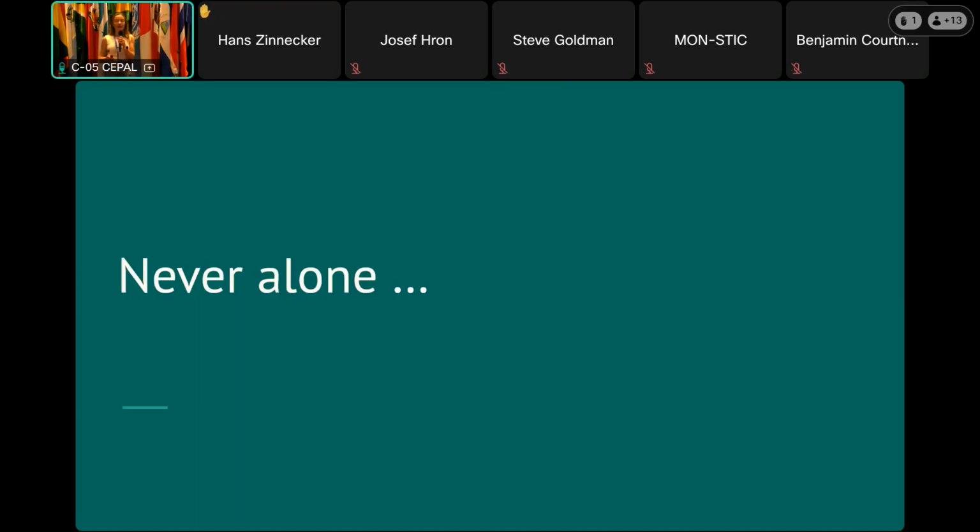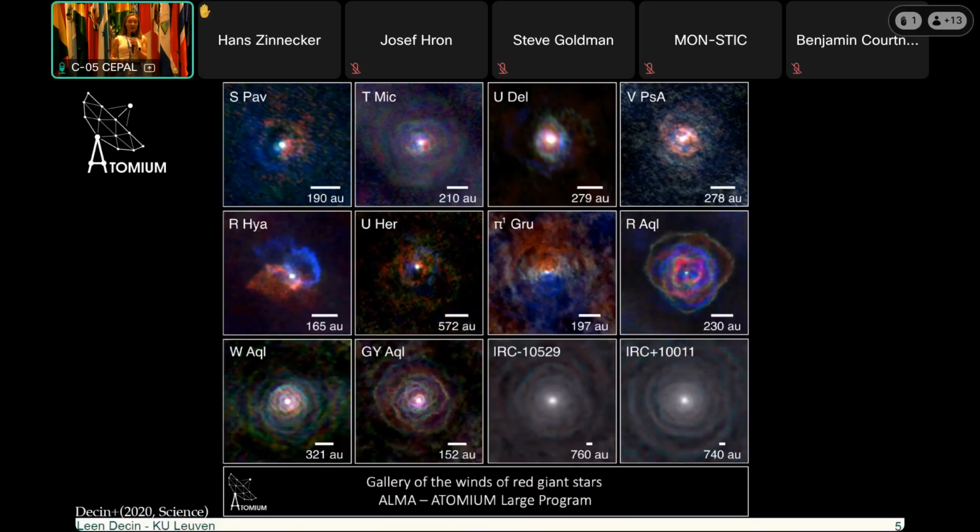I say quite convinced, since most of our stars are never alone. And indeed, we all know the statistics. We always say, yes, 50% of our solar-like stars have a potential companion. But I think literally that this is underestimated, since we have done this ALMA ATOMIUM Large Program, where we were just trying to pursue the main core idea of understanding the astrochemistry in evolved oxygen-rich stars. But when we got this beautiful ALMA data, we were seeing all kinds of structures which we didn't expect.